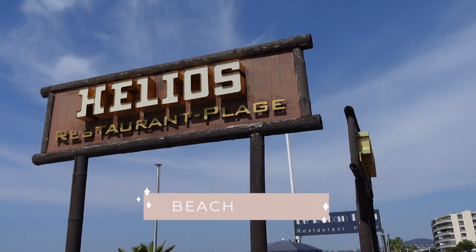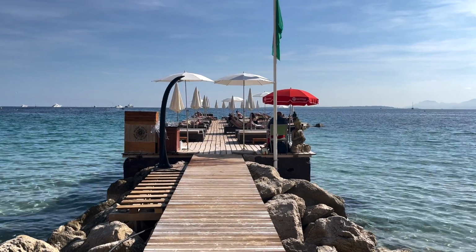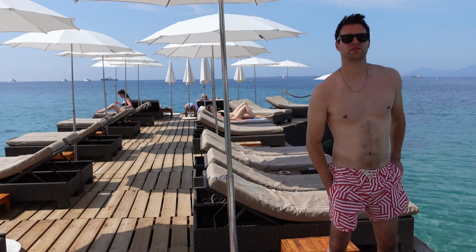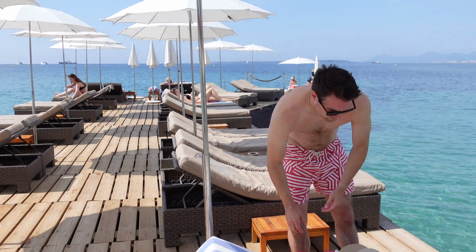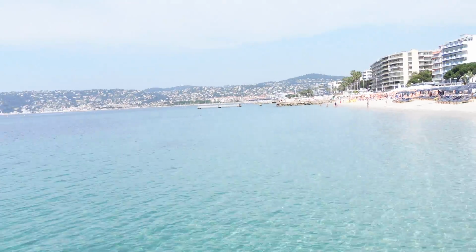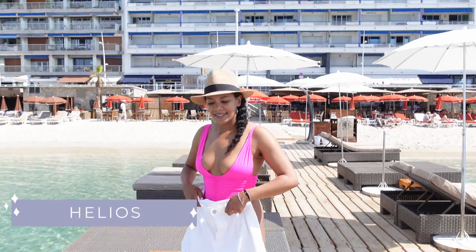A popular thing in the south of France are beach clubs, and these are different than, I know what you're thinking. If you're from the US, you might be thinking of Vegas and partying, but these beach clubs are way different. They're more of a chill, spend the day at the beach. You are renting a lounge chair or a cabana, and you're just there for the day for a relaxing time at a private beach. The beach club that we chose to go to was called Helios Plage Beach Club, and